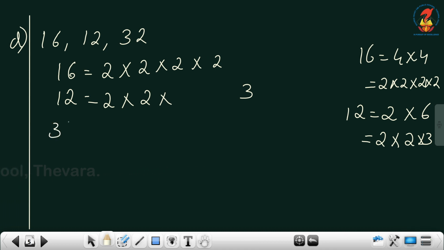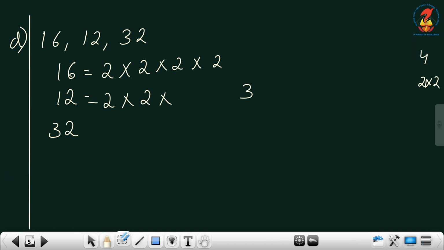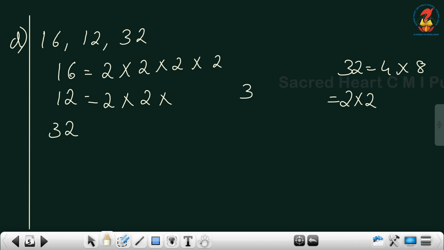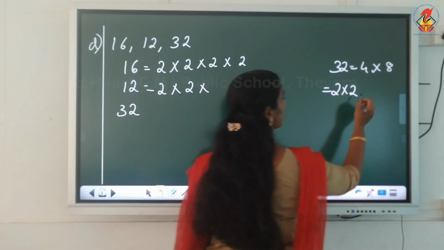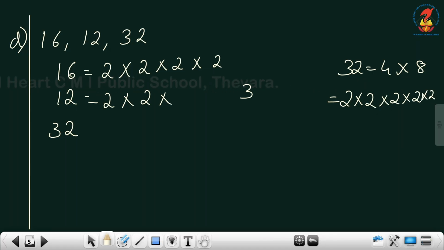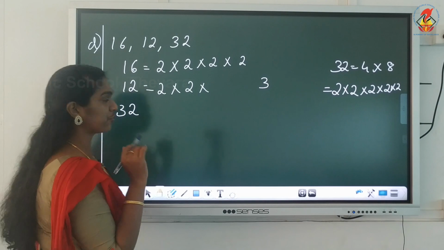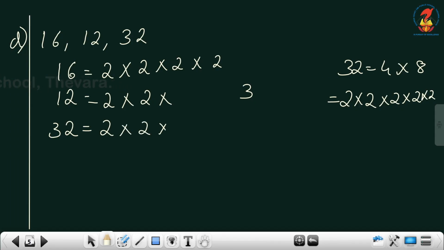Okay? Next I'm going to find out the prime factorization of 32. What is the prime factorization of 32? 32 I can write it as 4 into 8. 4 I can write it as 2 into 2. 8 I told you children, straight away you can write it as 2 into 2 into 2. Otherwise you will have to split 2 into 4, then 4 again you have to split. So you can write 8 as 2 into 2 into 2. So 32, there are 5 2's over there. 2 into 2 into 2, I'll write it below this 2, into 2 and into 2.